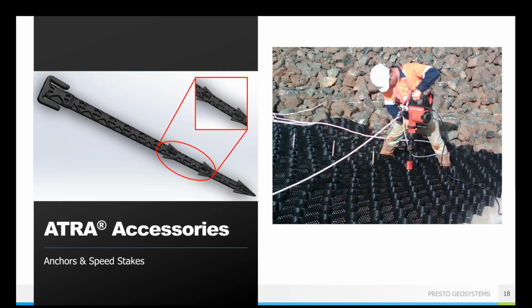So we also have anchorage options. If it is a perfectly flat system or a relatively low grade where you're placing the GeoWeb panels, you don't need to have any anchorage. Gravity is going to do the work for you. However, a lot of times you are placing the GeoWeb system on a slope, and so you are going to need to anchor that GeoWeb panel in place so that it doesn't just slide down your slope face.